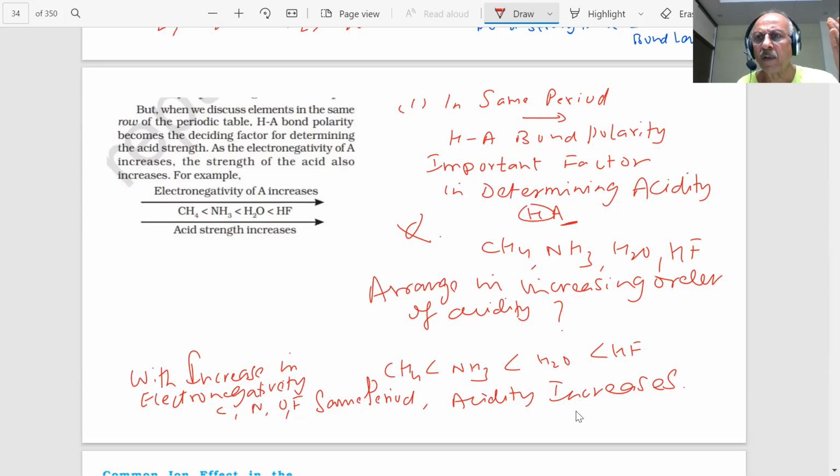Every time an explanation has to be given, and we'll try to give what explanations are possible at different points. This ends the third part of ionic equilibrium. We will continue in the next lectures. I'll try to show what type of questions are possible and how they are framed, what properties to use, and where. If some generalizations are there, we will use them. Sometimes we may have to use something totally different. What they call exceptions, I say there are no exceptions. There is a valid explanation for everything.